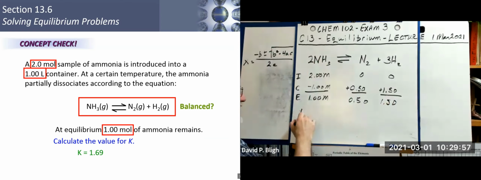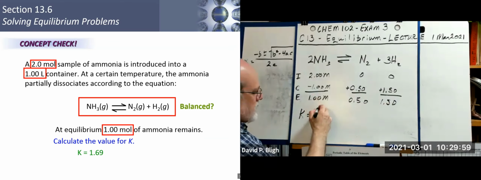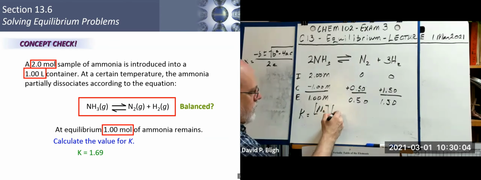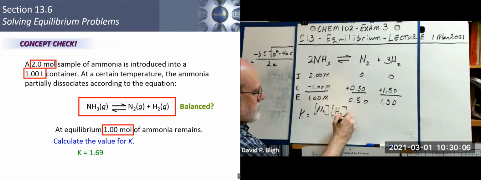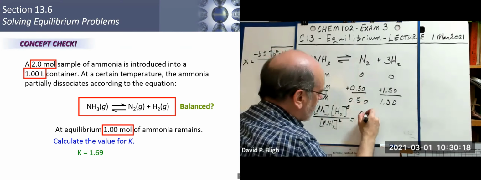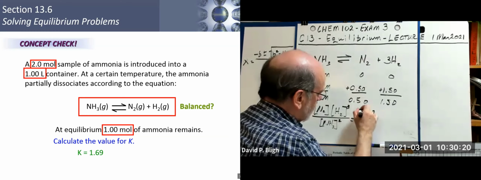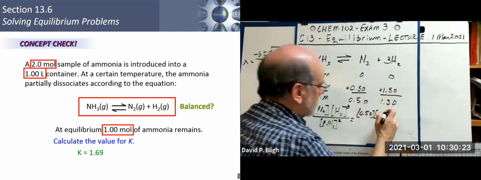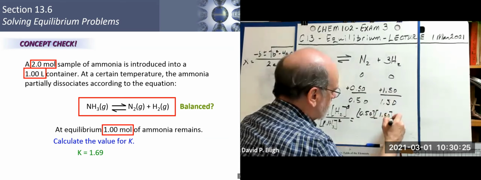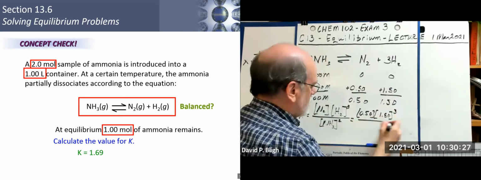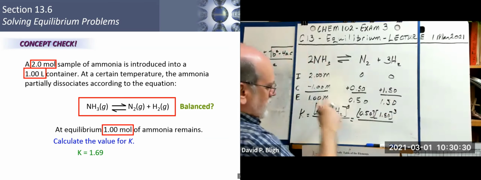What's our expression for K? Well, it's N2 to the first power, hydrogen to the third power, and ammonia to the second power. So we just plug in the numbers. N2 is 0.5. H2 is 1.50 cubed. And ammonia left over is 1 molar